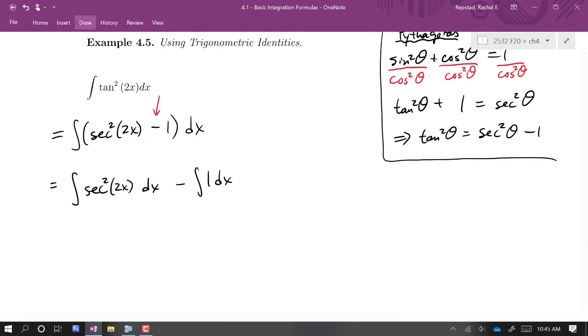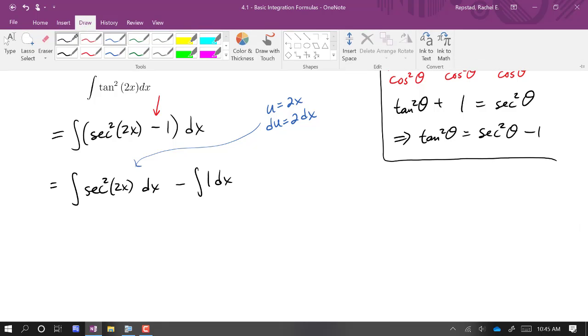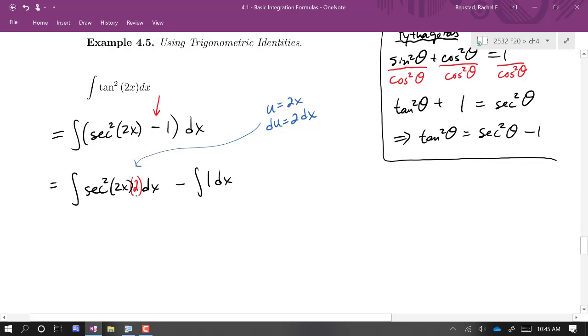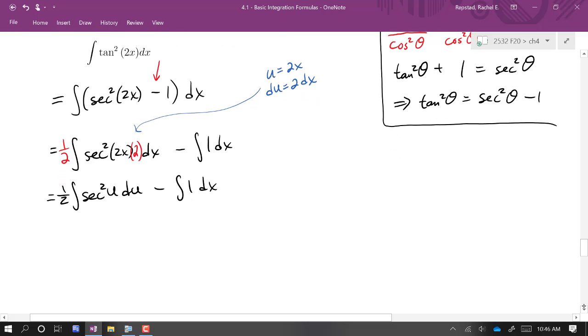So if it's going to fit the secant squared form, then what we need to do is let u equal 2x. And then du is 2 dx. So we need to add a factor of 2, compensate with the 1/2 outside. So now this is 1/2 integral secant squared u du minus the integral of 1 dx. And now I think we're ready to